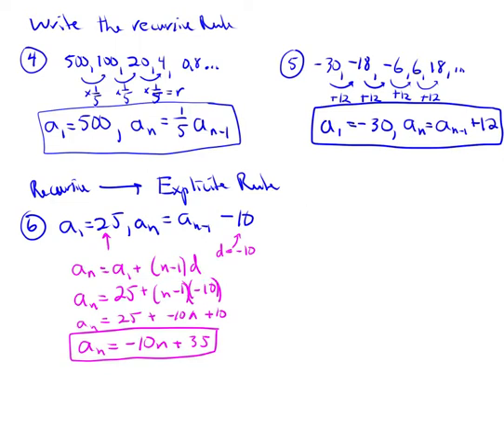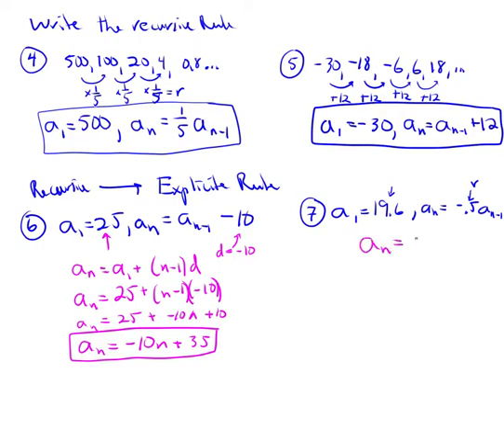Number 7. So if we're given a sub 1 as 19.6 and a sub n equals negative 0.5 a sub n minus 1. So this tells me that it's a recursive rule where this negative 0.5 is our ratio, and we've got our first term. So to start off with, our